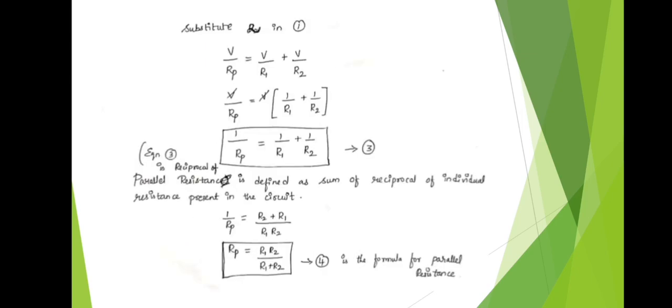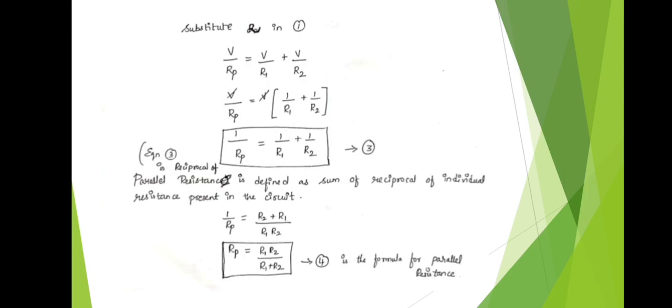We know Ohm's law, V is equal to IR. Here we are looking at a parallel connection, hence it can be written as RP. V equals I into RP. We need the value of I. I is equal to V divided by RP. Similarly, the value of I1 from Ohm's law is V by R1, and I2 is equal to V by R2. We mark these three equations as number 2.